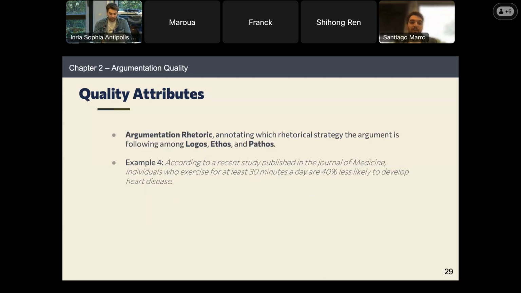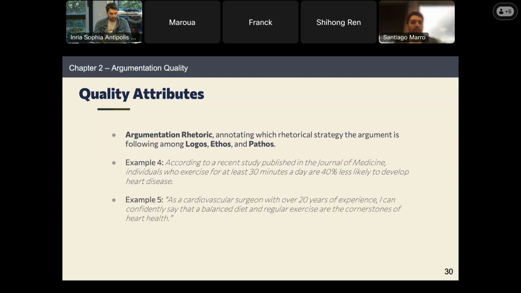So in this example, we have, according to a recent study published in the Journal of Medicine, individuals who exercise for at least 30 minutes a day are 40% less likely to develop heart disease. So it's referring to a renowned journal of medicine, providing the statistics, providing all this information, appealing to the logical sense of the reader.